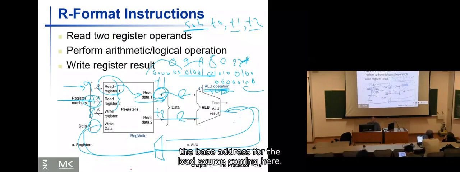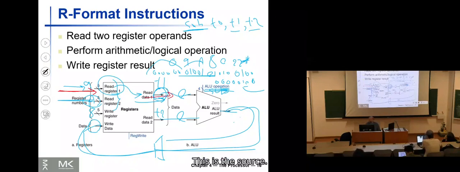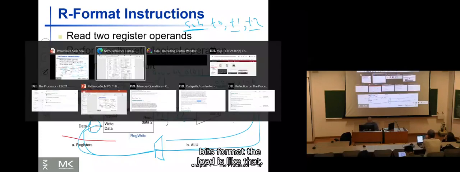So for the load, the source comes here, and then the value comes from here. This is the source. Then in the load, we have an immediate value as an offset. So the offset comes from someplace in the instruction, the bits, which bits were in the